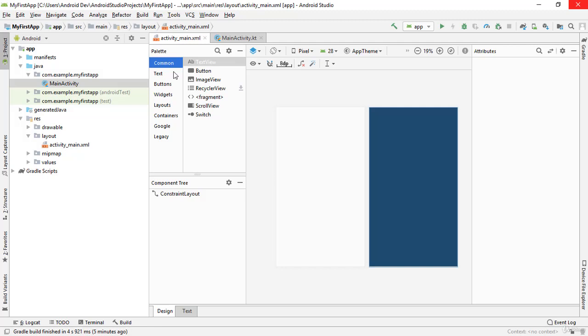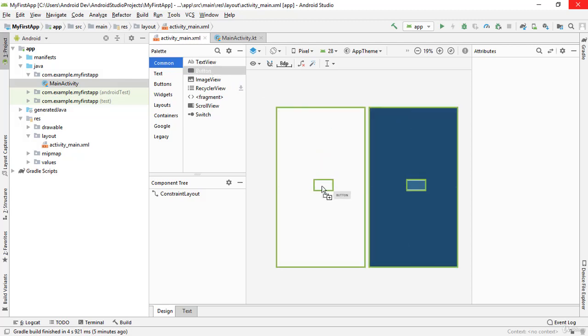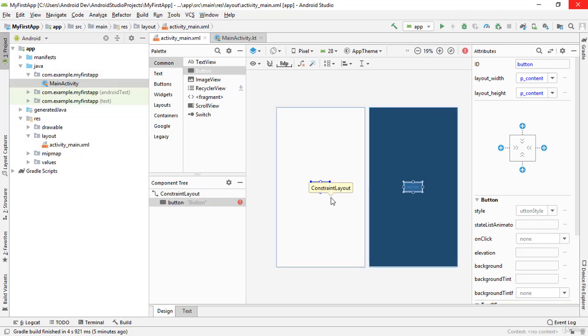Okay guys, we need a button, so let me drag a button from the palette onto the layout editor. Center it vertically and horizontally. To position the button in the middle of the layout, use the dotted gray lines. When you drop a view on the layout editor, you can edit its properties by using this tab,